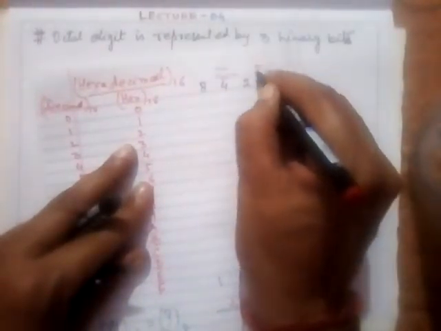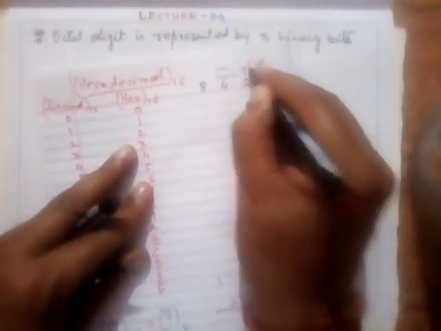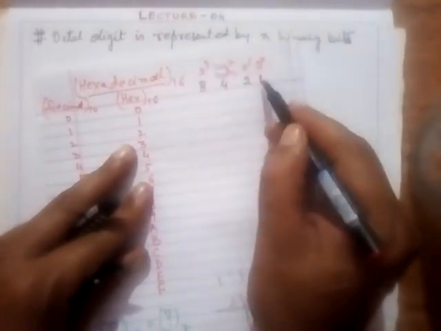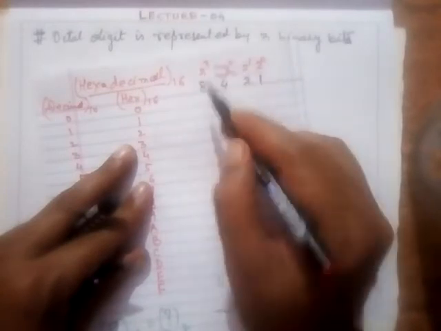It is also called 8421. How to make this table actually? Let's see. It will be this one. This 15 is 1, 1, 1 and 1. Now actually this 8421 is nothing but I am writing in terms of binary. Binary means in powers of 2. This is 2 to the power 0, 2 to the power 1, 2 to the power 2 and 2 to the power 3.